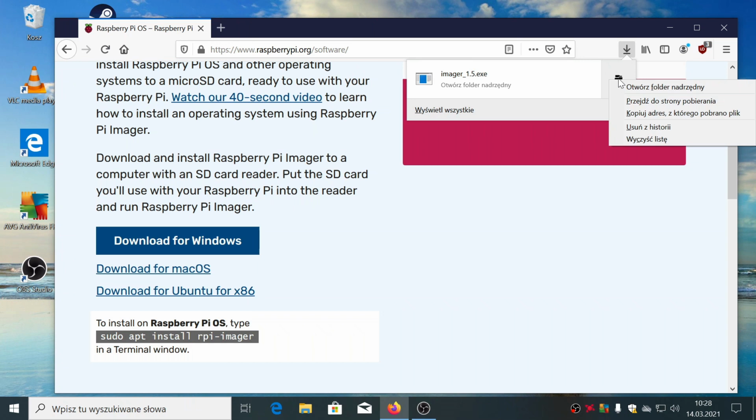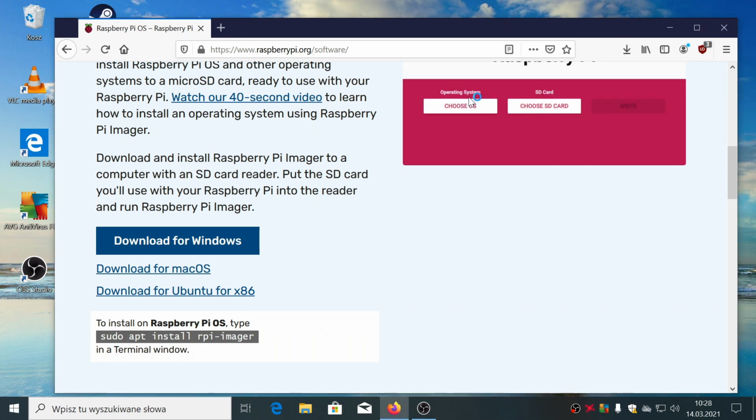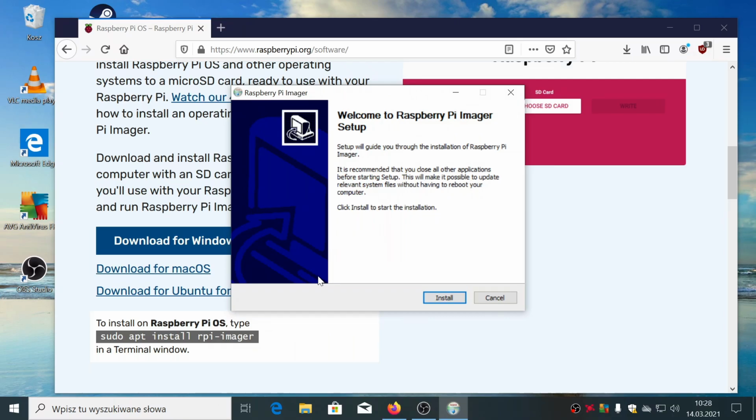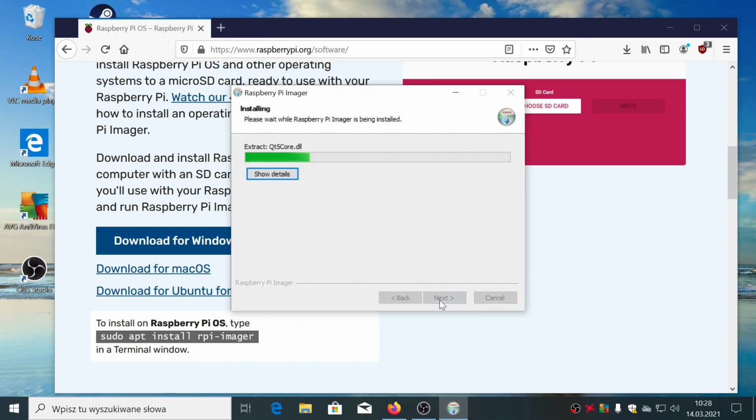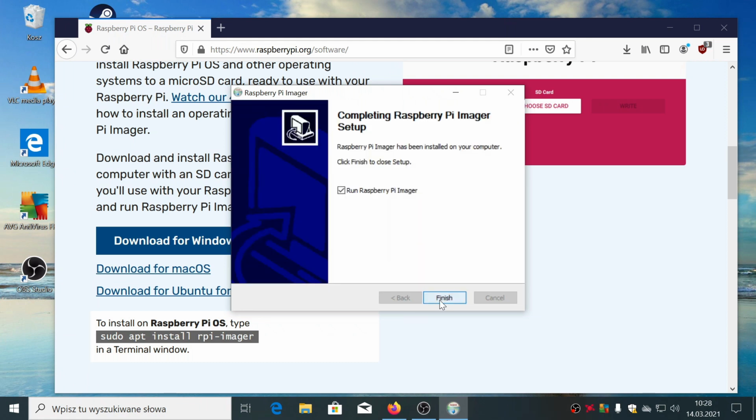Okay, now we run it. And remember, this card reader you need to connect over USB to your Windows or macOS PC. So first we run the installer.